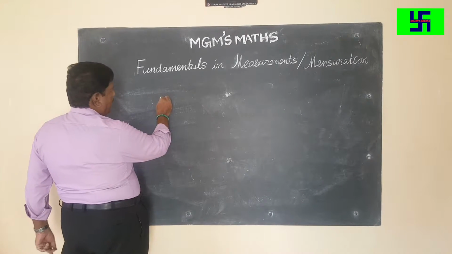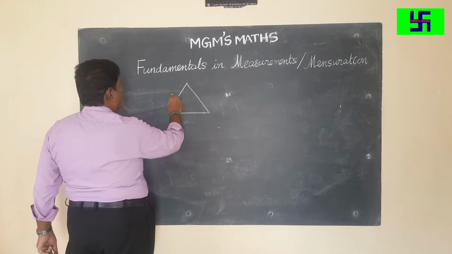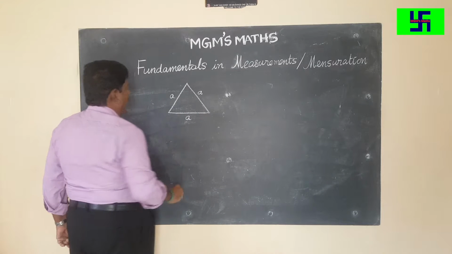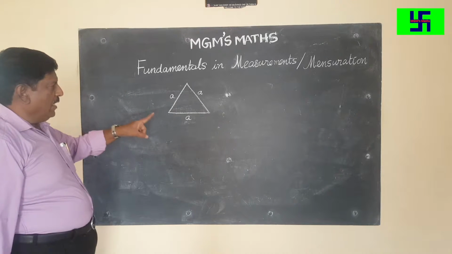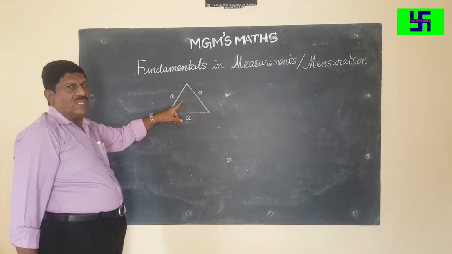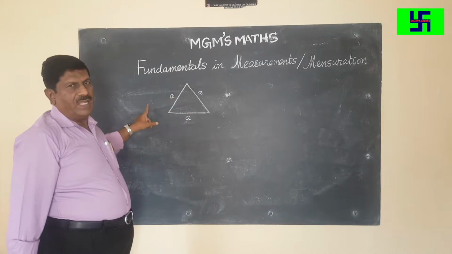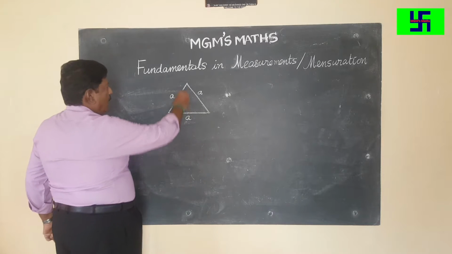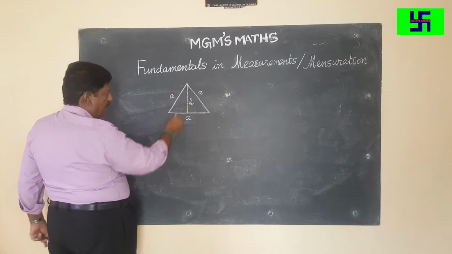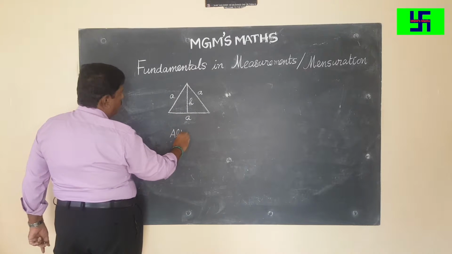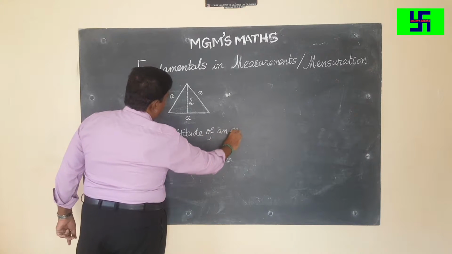An equilateral triangle has all the three sides equal. When we go to UPSC examinations, many questions are asked based on the equilateral triangle. That is the reason I have separated this from the area of the triangle. The height of an equilateral triangle is h. Rather, we can call it the altitude of an equilateral triangle